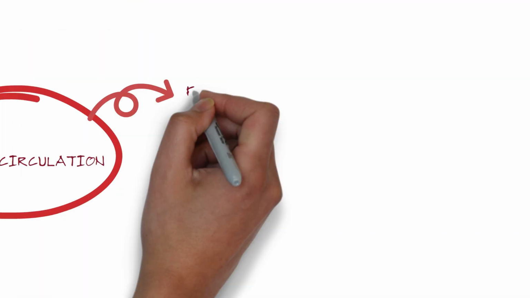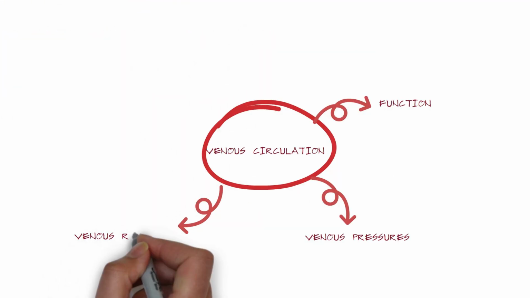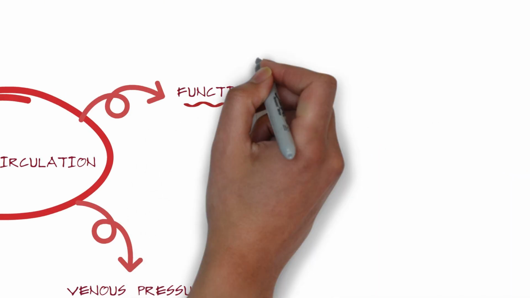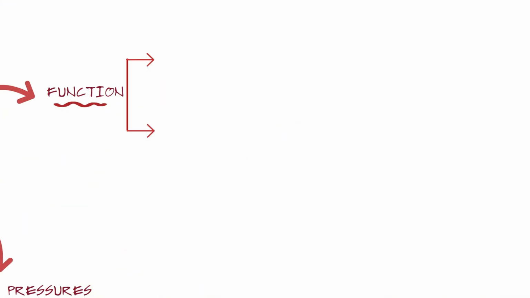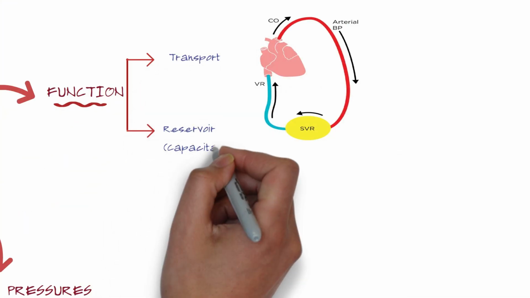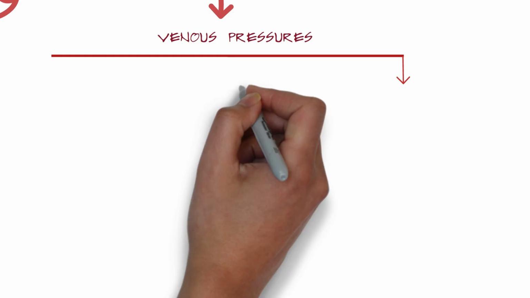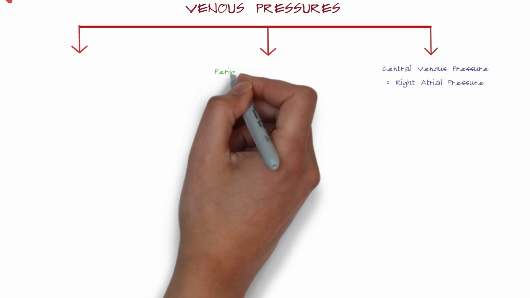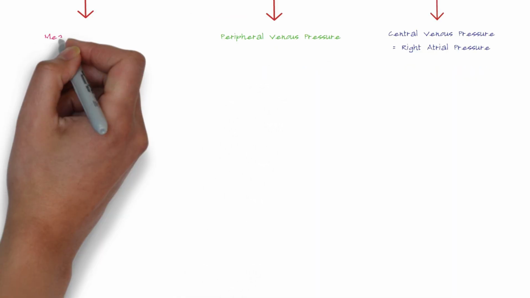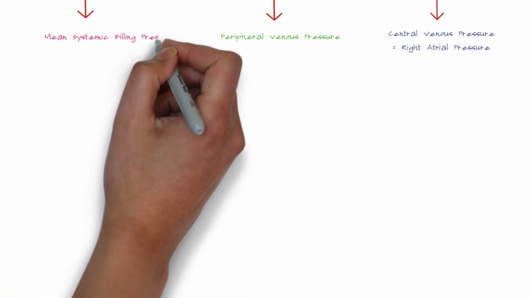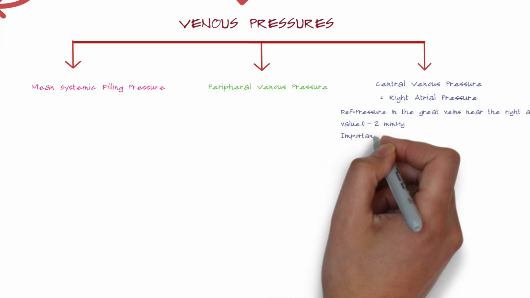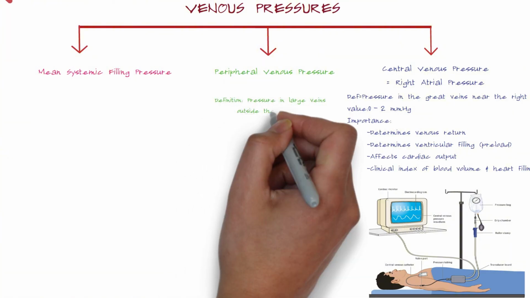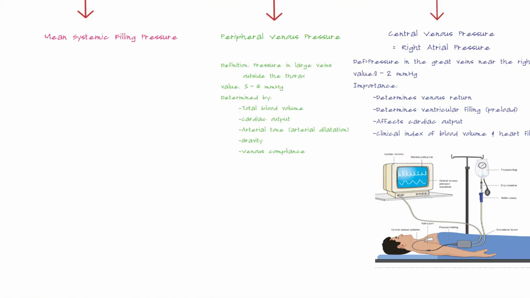Alright, we've reached the end of our MemoMap of the venous system. Let's quickly remember the big picture. First, we talked about the functions of the vein, and the vein has two main functions, transport and reservoir. Second, we talked about the venous pressures. We have three important venous pressures: the central venous pressure, the right atrial pressure, 0 to 2, the peripheral venous pressure, the pressure in the veins outside the thorax, and the mean systemic filling pressure, the pressure in the circulation when